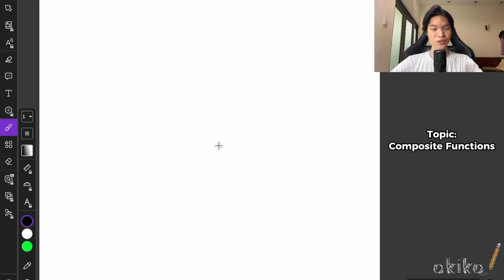Today I'm going to be telling you what composite functions are, how to use them, as well as a few example questions you might see on a test. So for functions, before we talk about composite functions, which is joining two functions together, we have to remember what